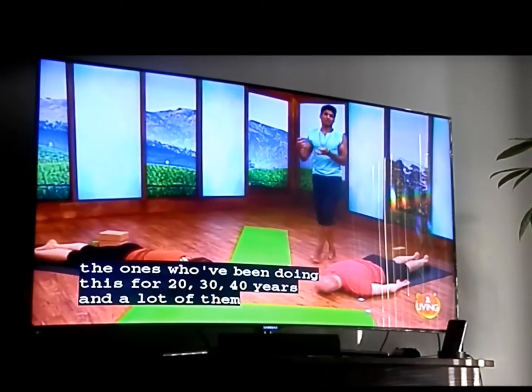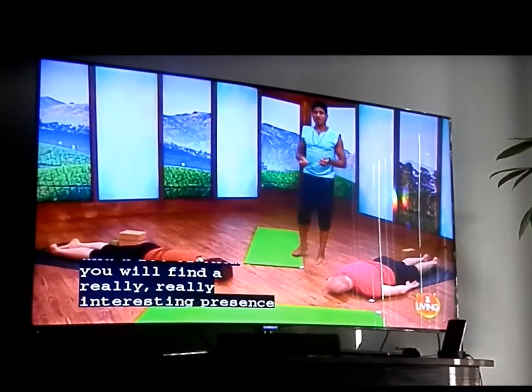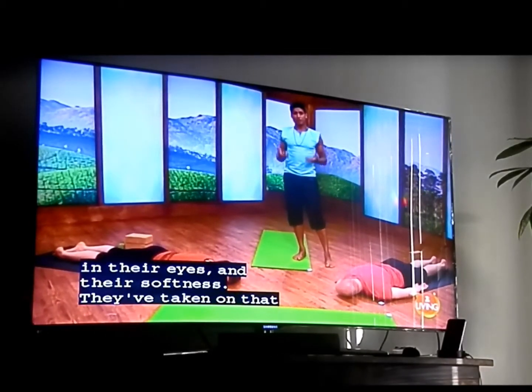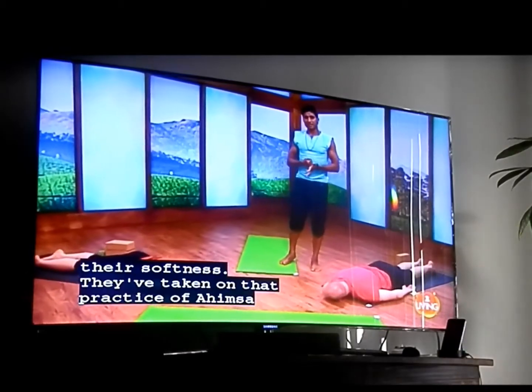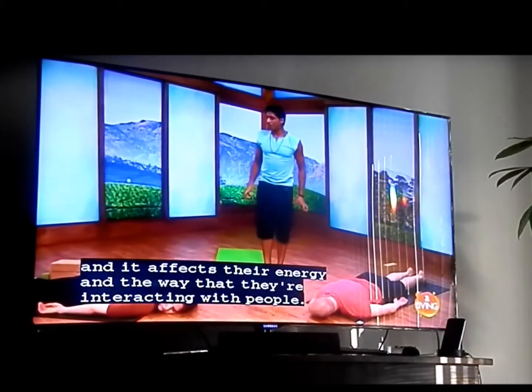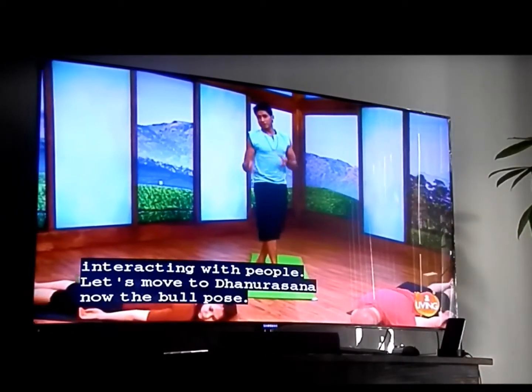And a lot of them you'll find, really interestingly, have presence in their eyes and their softness. They've taken on that asana, and it affects the way that they're interacting with people. Let's move to